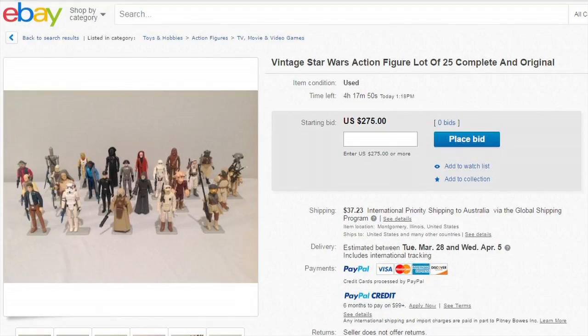Tip number 6. Bargains come in bulk. I've been buying bulk-sized collections of vintage toys for years, and I've found it the best way to get yourself a bargain. Buying bulk collections of vintage toys obviously costs more than buying individual smaller items, but if you're seeking